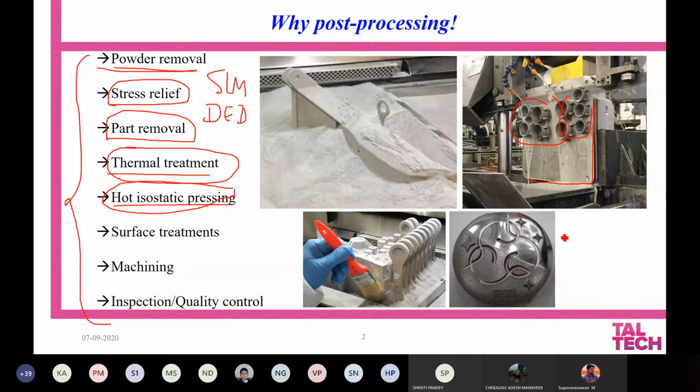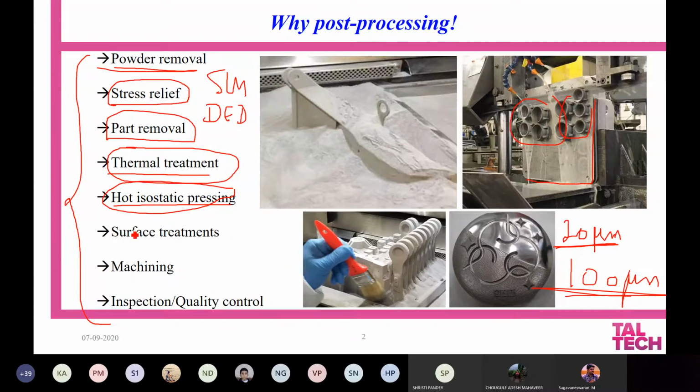For example, if you employ a layer thickness of 20 micrometer, you will have a surface roughness of almost around this dimension. But if you employ a layer thickness of 100 micrometer, your surface roughness will be much coarser, more than 20 micrometer,